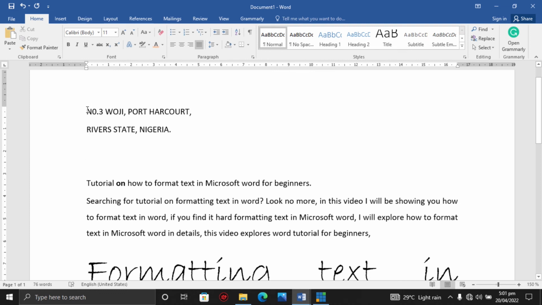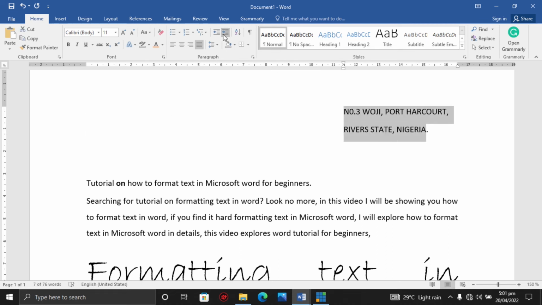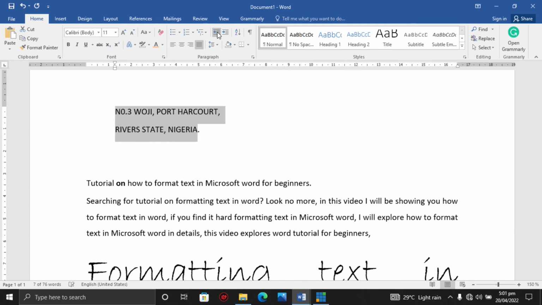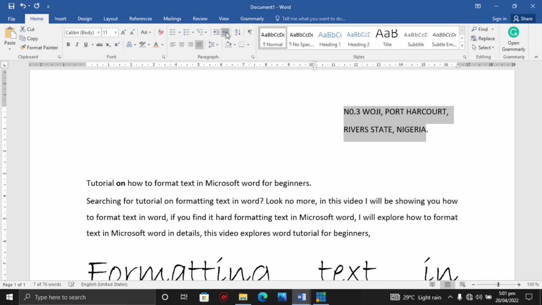So this is the sender's address. So what I have to do is to highlight this. I use my indent to shift it towards the right hand part of the page. So this is actually how you can use your increase and decrease indent. So I decrease the indent back to the beginning of the page, and I increase the indent back to any point on the page I actually want it to be.